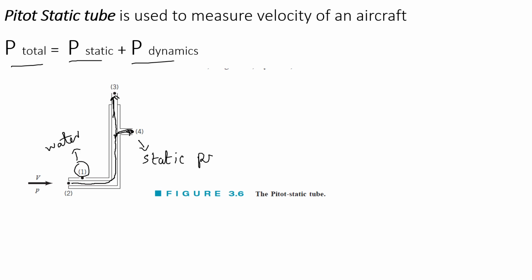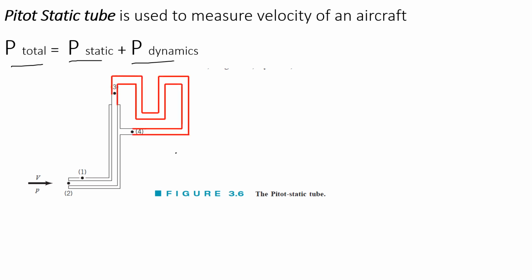We measure the static pressure, and at point 3 we measure the total pressure, P total. So how do we do that? How do we measure the static pressure, and how do we measure the total or the stagnation pressure? What we do is install a manometer to these ports, and inside this manometer we have a certain amount of gauge fluid, and